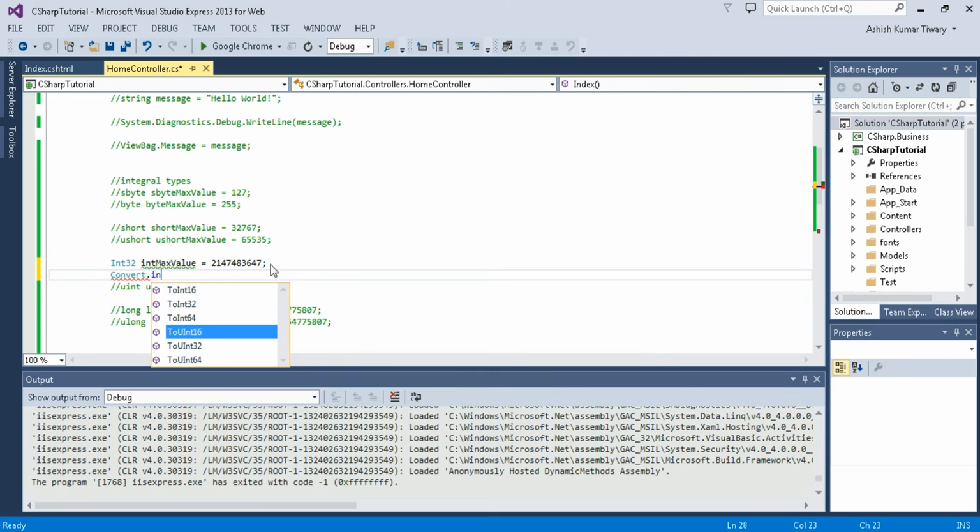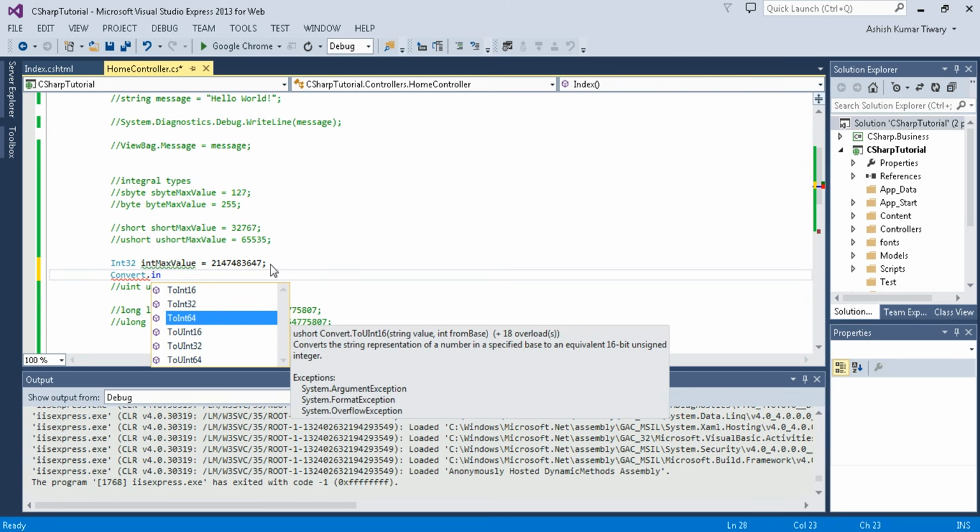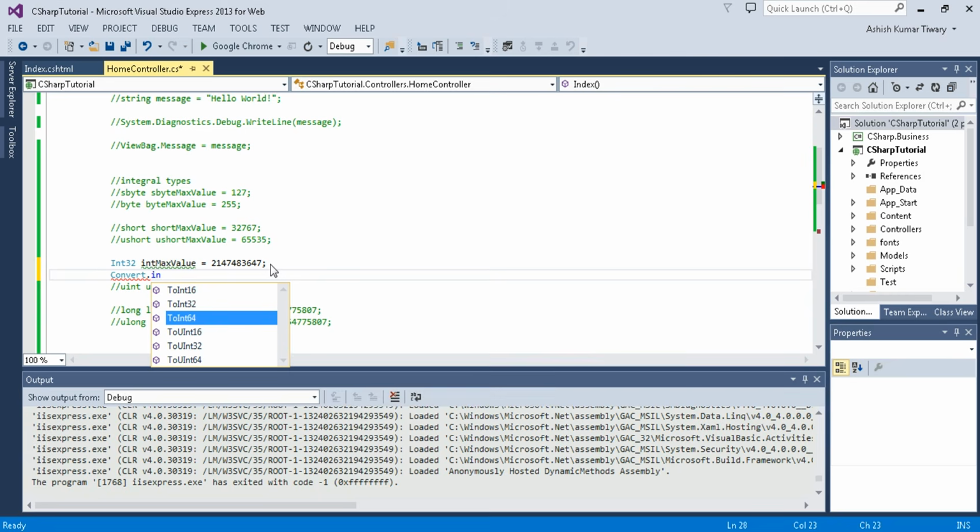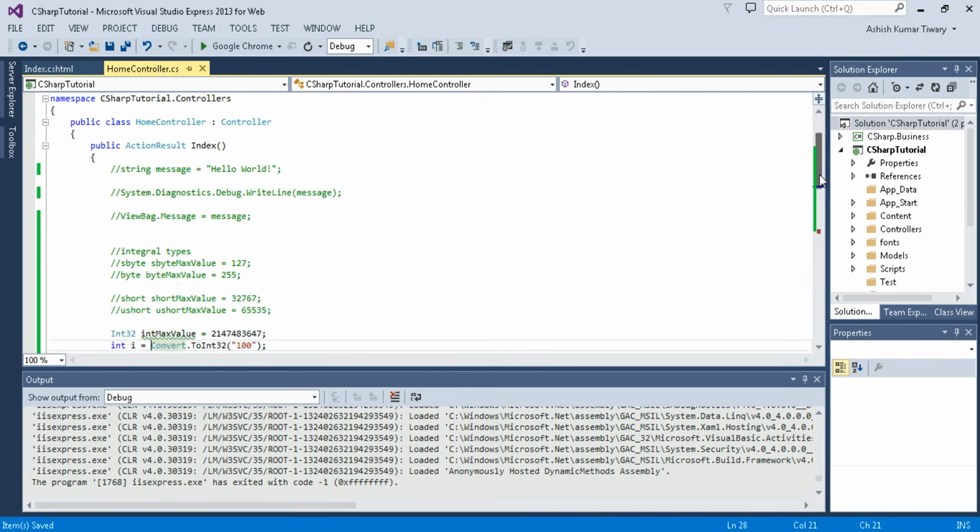See, you can also convert to unsigned integer. Okay, it will convert, and you can store it into some variable. Okay, Ctrl+K+D.